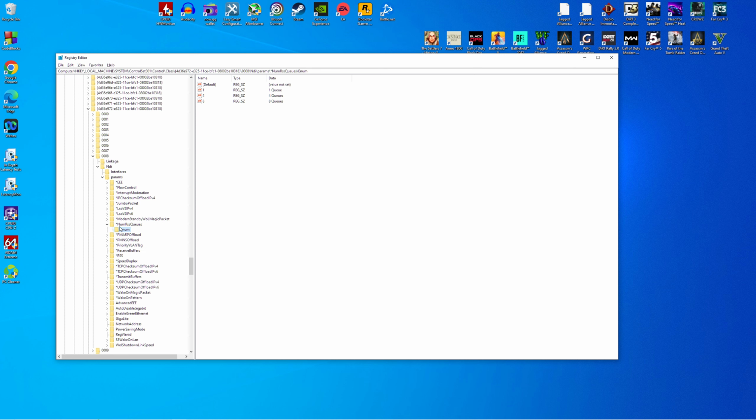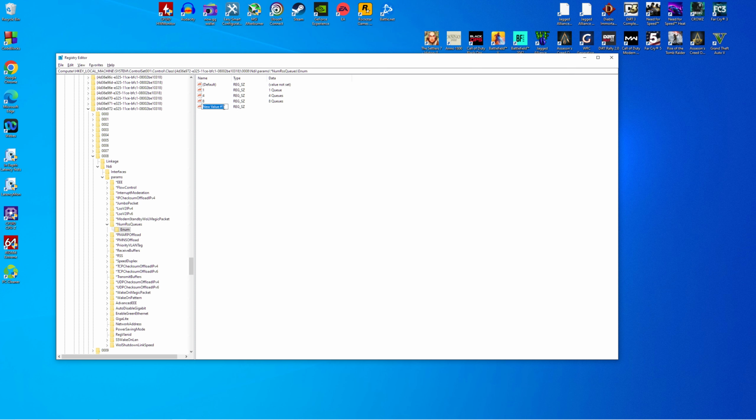And how do you do that? You simply go into, in this case, the RSS queues key. You have to press that little arrow on the left. So you open the tree and you access enum, and then you simply right click in empty space within that enum where you have all your other queues, and you choose to create new DWORD 32-bit value. Sorry, I'm stupid. Not DWORD. You don't create DWORDs here. What you do is you create a string value,